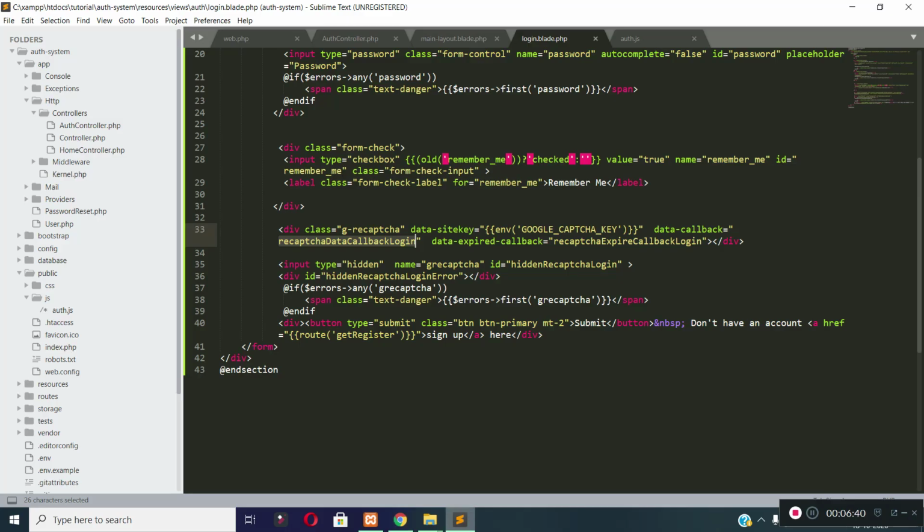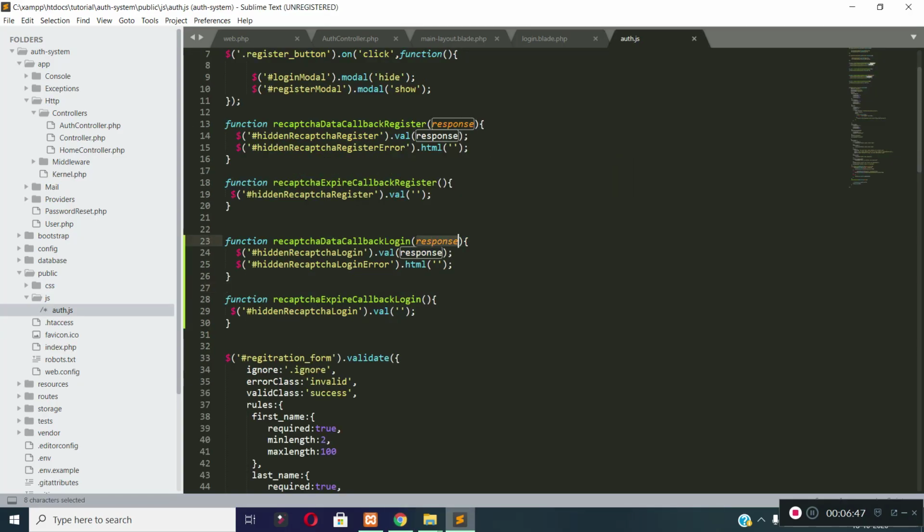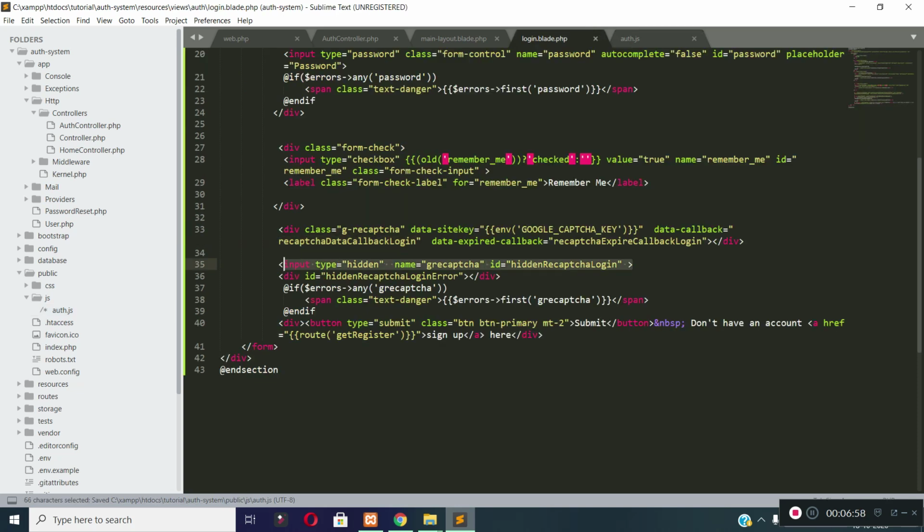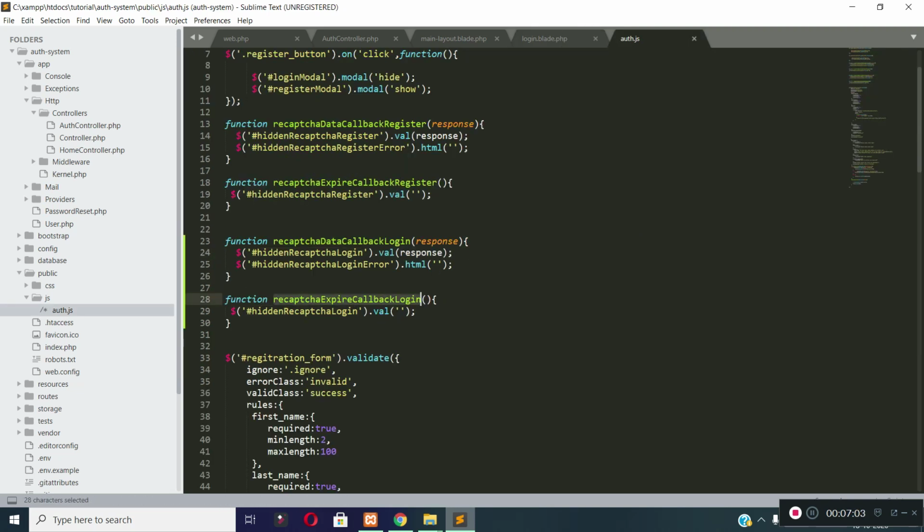So this function will be called whenever a user will check this checkbox, and we can get a response from Google reCAPTCHA field, and I am storing this response value to a hidden field of ID hidden reCAPTCHA login, which is this input field, and this function will be called whenever our Google reCAPTCHA will be expired, and then I am making the value of this hidden input field blank whenever our Google reCAPTCHA is expired.